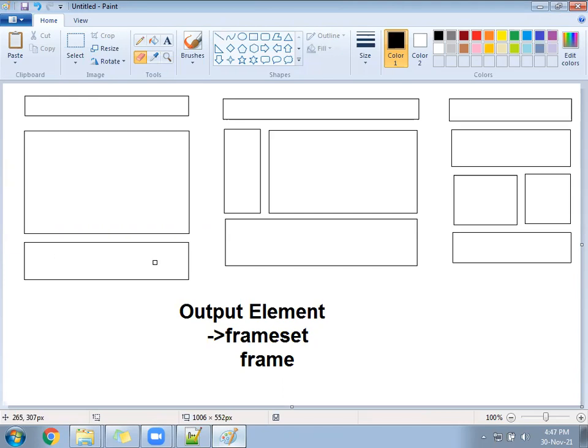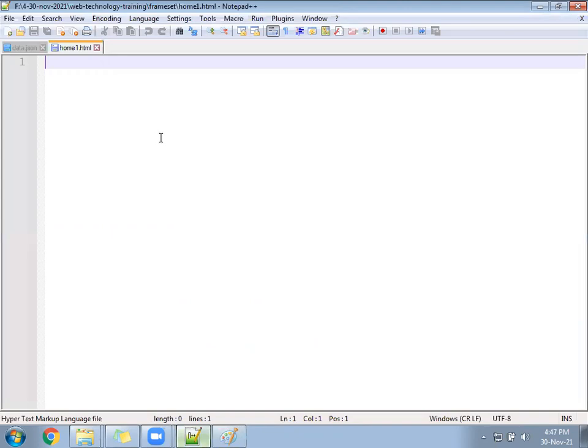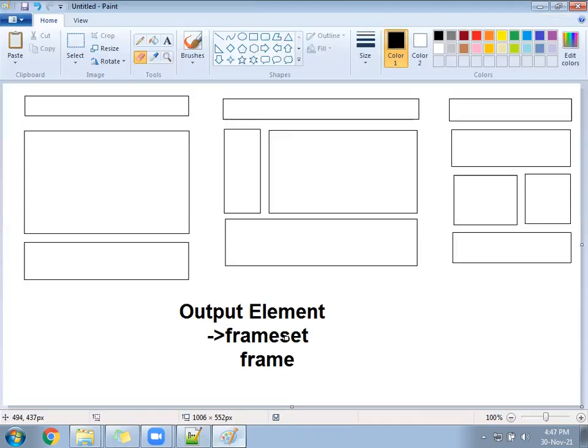So we are going to follow a tag that will help us break the page row wise or column wise. The tag name is frame set. It has a property called rows. If you use rows, it will break the page row wise. If you use the property called cols, it will break the page column wise.